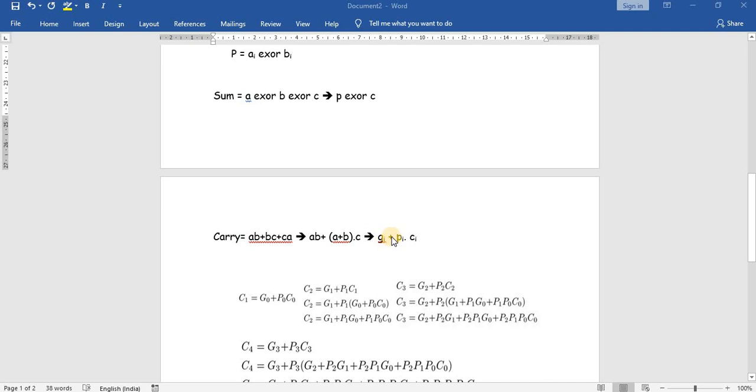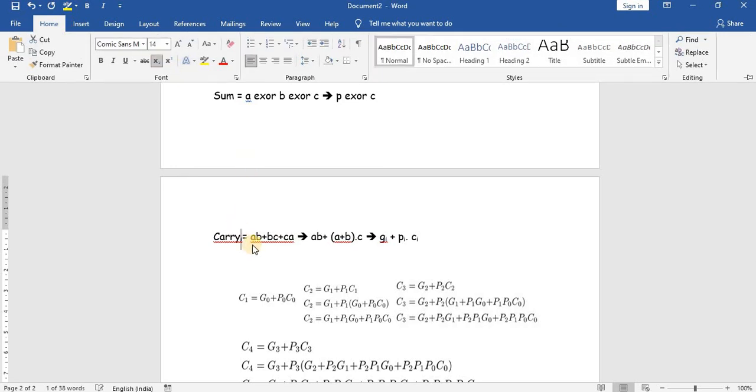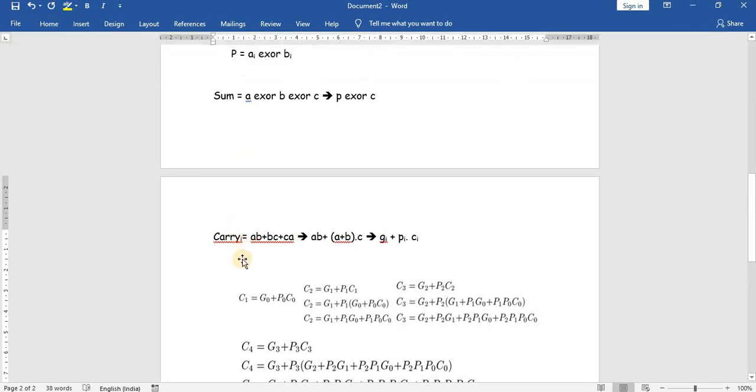We can expand this equation for however many bits we are going to implement. Suppose we are going to implement a 4-bit carry lookahead adder. Carry C(i+1) is equal to Gi plus Pi into Ci.